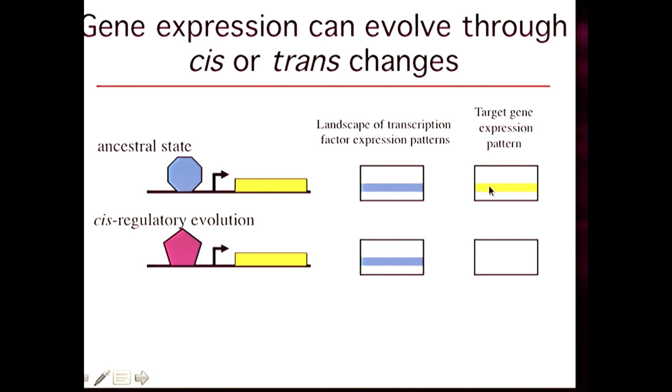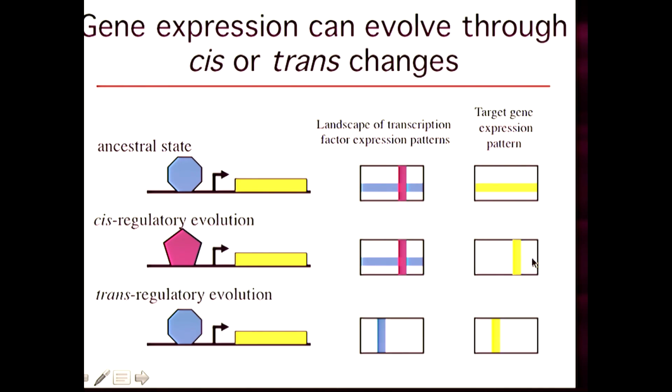If we take, actually I'm getting one step ahead of myself. If there are changes in the cis regulatory sequence of this gene, often they will cause it to bind to a different transacting factor. Okay? If that transacting factor has a different expression pattern, such as this direction, now we have changed the expression of the yellow gene. Okay? On the other hand, it's possible that the cis regulatory sequences stayed identical to the original